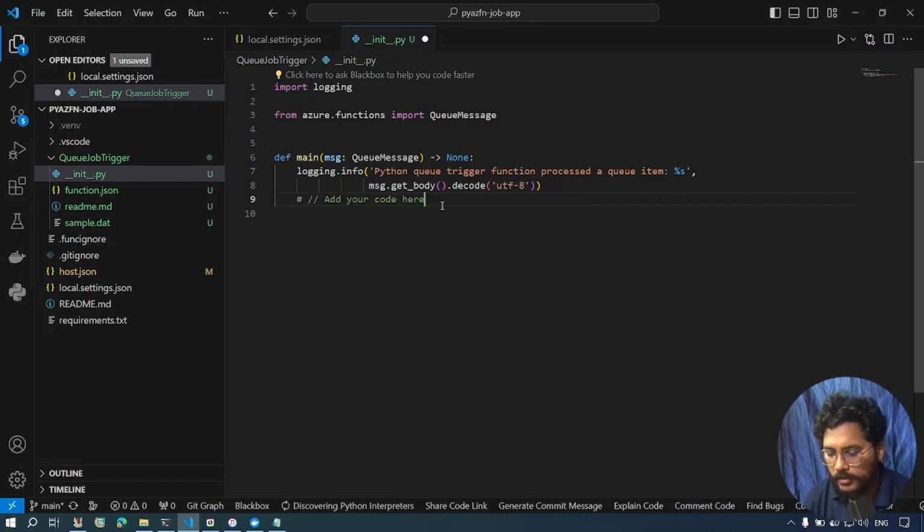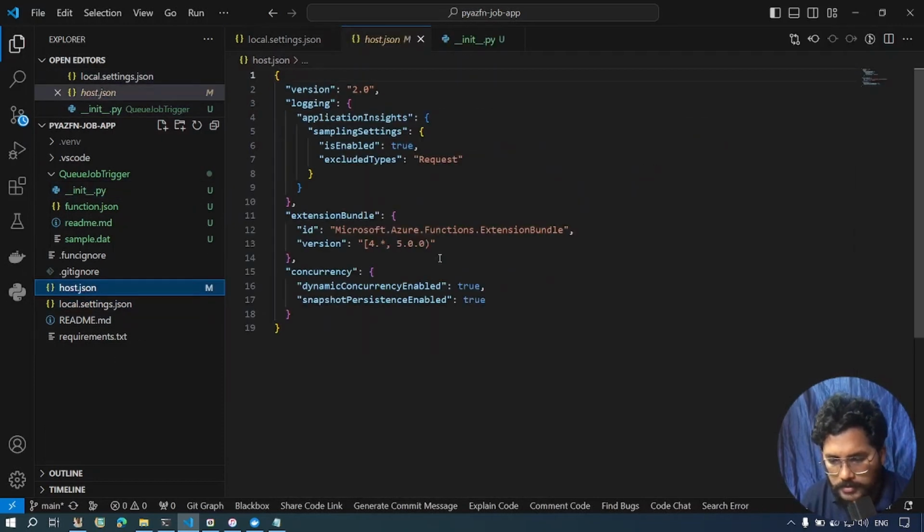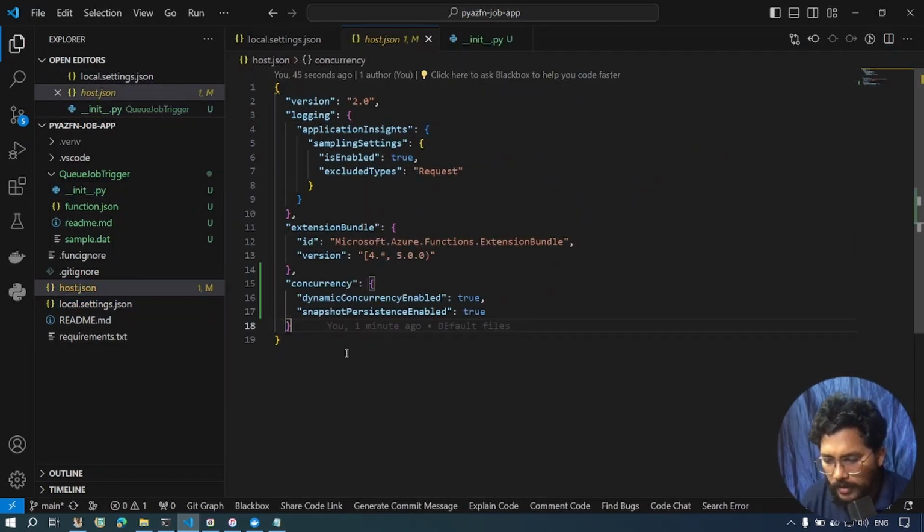You can add your code here. So I'm just going to go with the plain empty. I'm just going to send a message and it's going to process. And by default, you have an option for setting up the function timeouts in the host